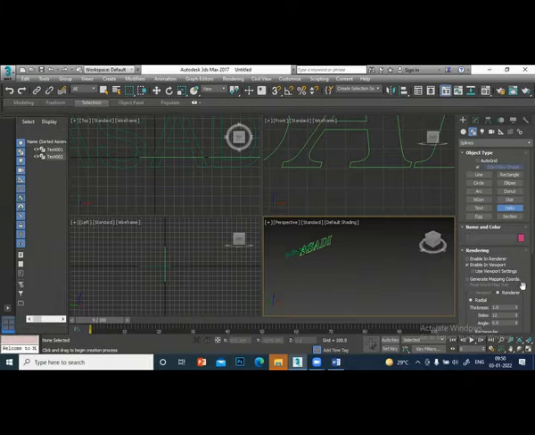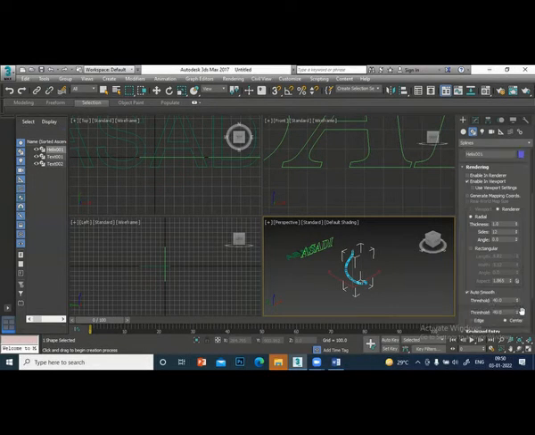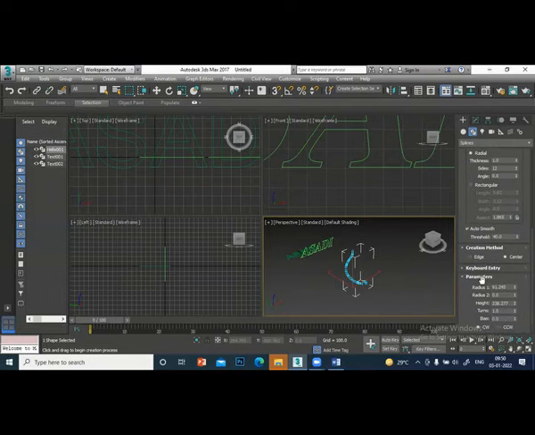You can see that helix. It's a 3D helix type of object. You can increase the number of sides. This is the radius, inner radius, height, number of turns. You can see more turns. It gives you a 3D object.